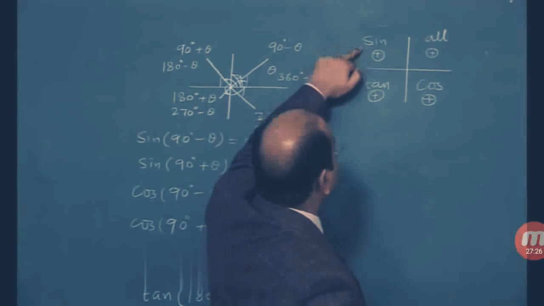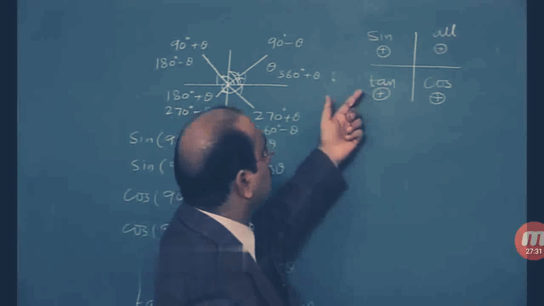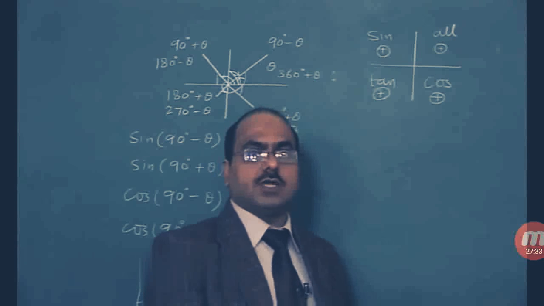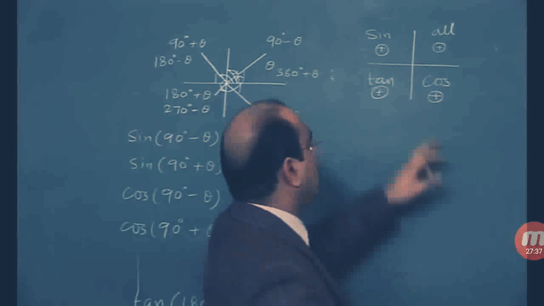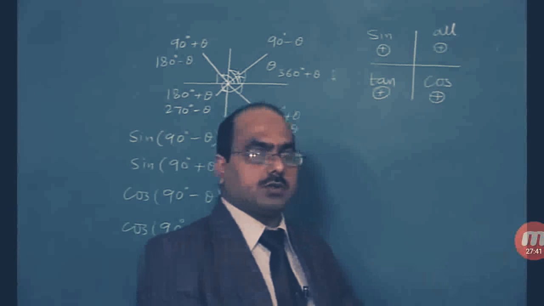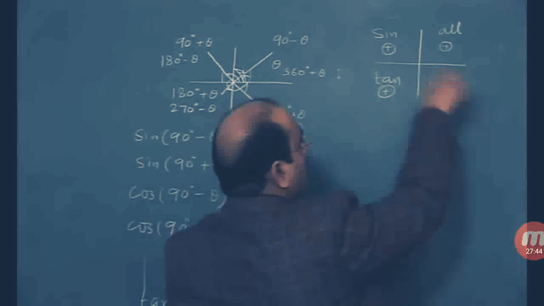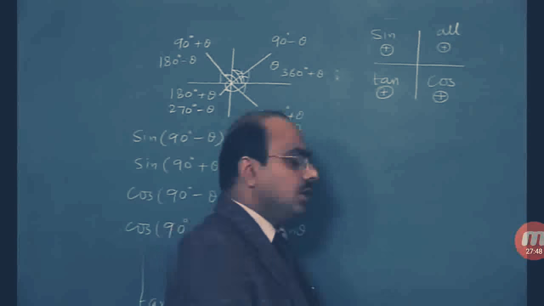So in second quadrant, sine is positive as well as cosec is positive. In third quadrant, tan is positive as well as cot is positive. In fourth quadrant, cos and sec both are positive, and in first quadrant, all the trigonometric ratios are positive. This is how we write plus and minus of the result, and you can verify this plus minus in these